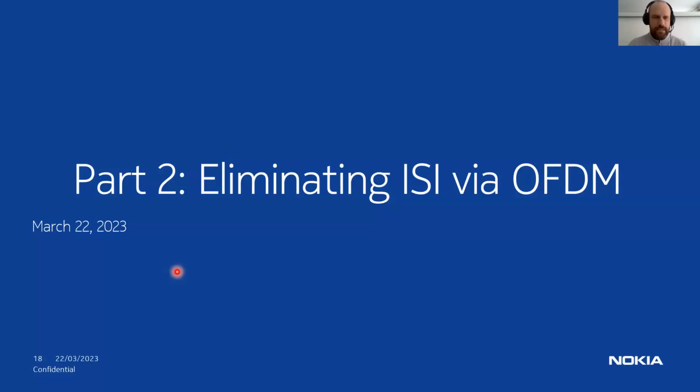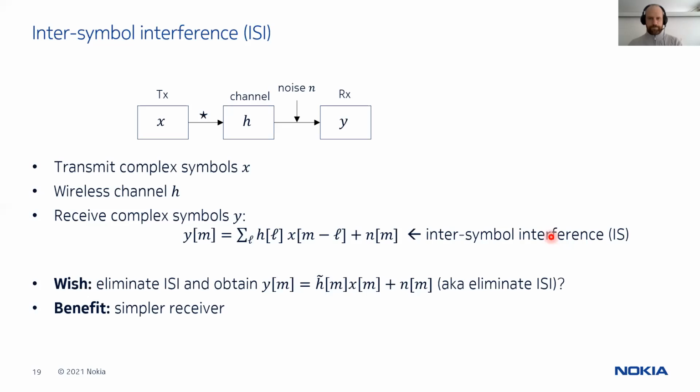And let's get to what we're supposed to talk about today. If you see the note online about this talk, you will see that I was promising to talk about diversity first and then OFDM if time permits. I actually decided to swap because I feel that it makes a better story, and also OFDM is really important. Also in 5G, OFDM is everywhere. So I think it's a good thing to have a grasp on.